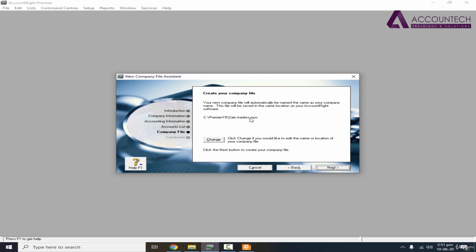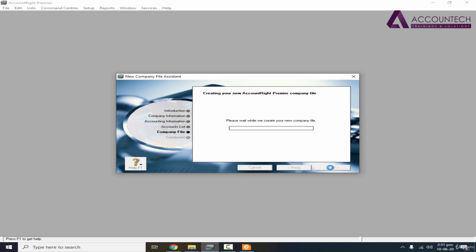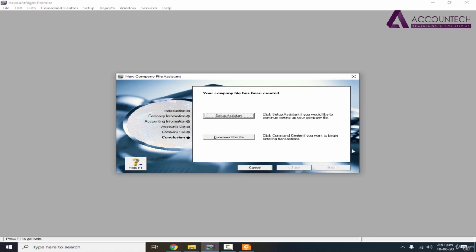Now the location is the Premier 19 folder, zentraders.myo. This is the location where the company file will be created. Click on next. Now it will start creating the company. Now the company file has been created. I have the option for the setup assistant, which will guide you to set up initially what settings are required for the software, or otherwise I'll go directly to the command center because we will be following our own steps.